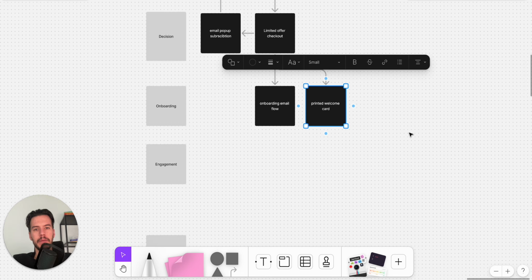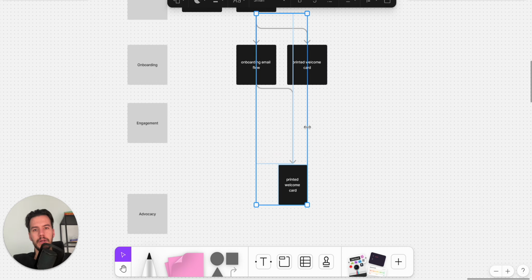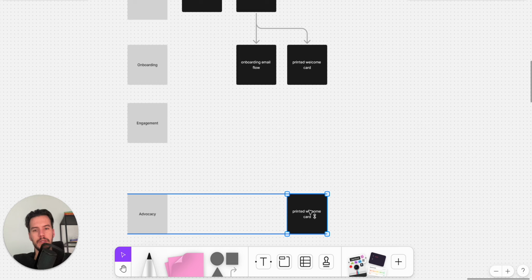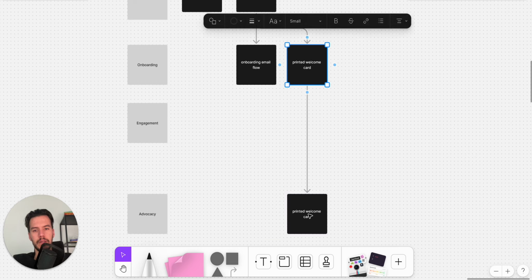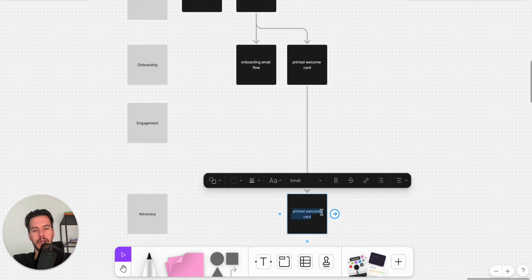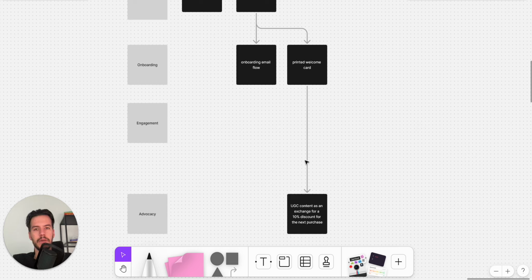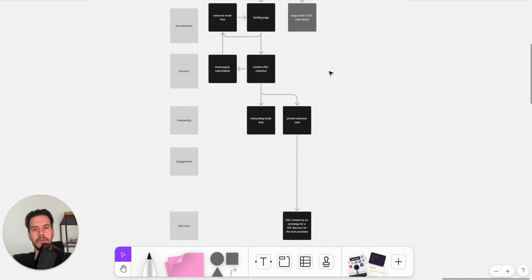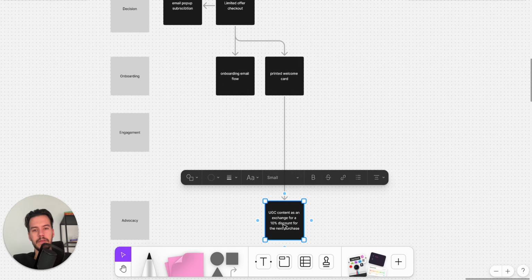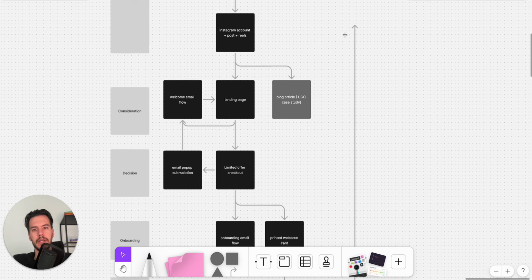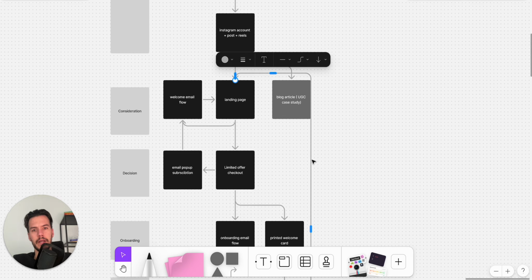And for example, from here, as I said before, the UGC will be the key strategy of the brand that we are thinking about right now, so the printed welcome card can have a message about making UGC content in exchange for a 10% discount on the next purchase. So you can list out your ideas here, and then you can see how the whole thing is circulating, because if they have this 10% off, they will be able to go back from here to there,